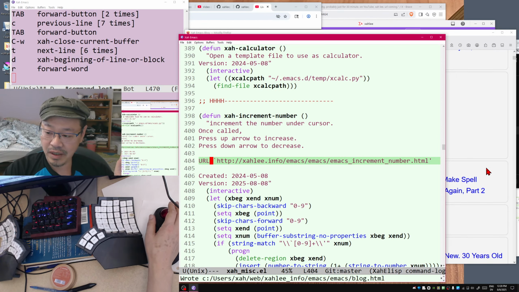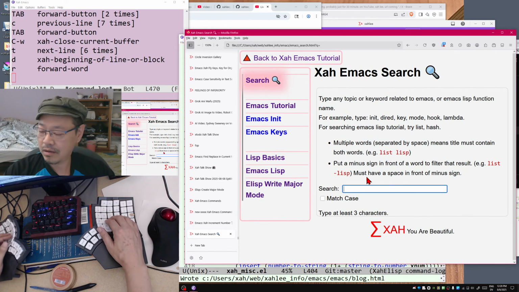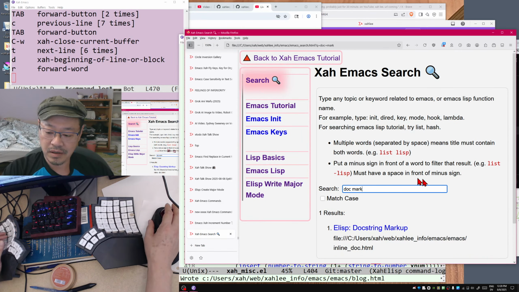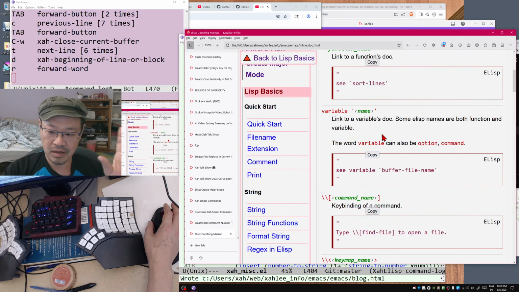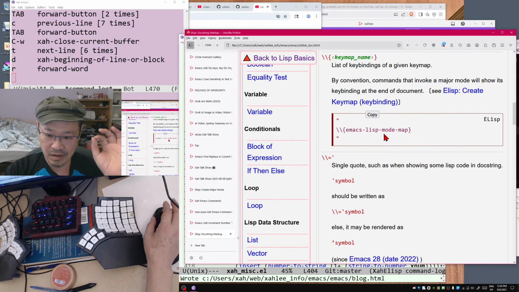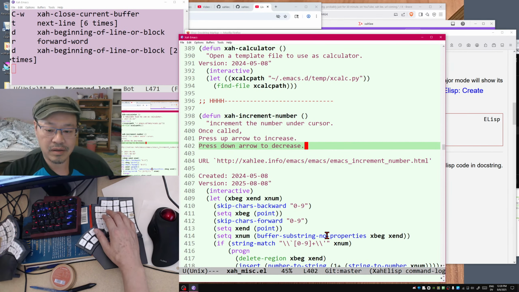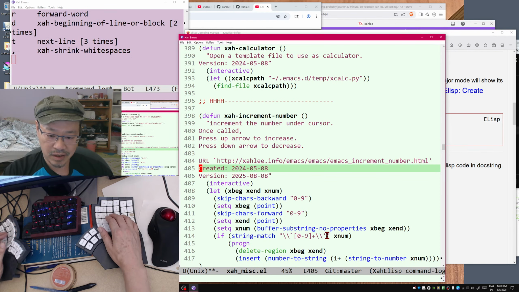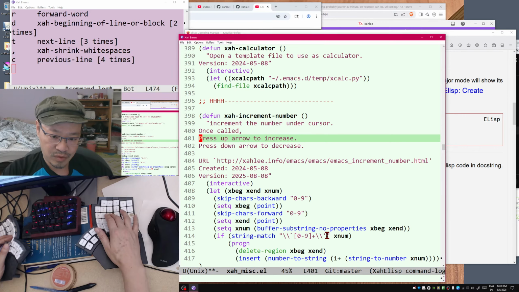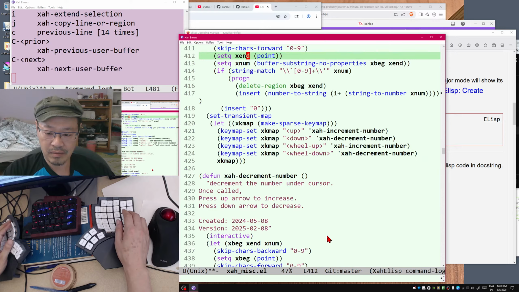So if you search for Emacs inline documentation markup in my Emacs tutorial, doc markup, you can see Emacs Lisp docstring markup. So it tells you all the conventions you need to follow. You can have a clickable link. That's what this is for. Okay, so you got the code. You got the URL. Okay, so now we need to copy the code,